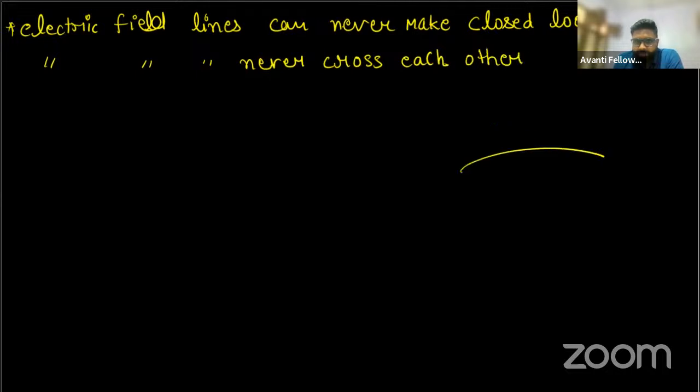क्योंकि अगर मान लिया ये दो इलेक्ट्रिक फील्ड लाइन हैं, इन्होंने क्रॉस कर लिया, तो एट द पॉइंट ऑफ क्रॉस, एट द पॉइंट ऑफ मीटिंग, we have two directions of electric field, and at the same time दो direction of force is not possible for a single charge। ठीक है, that is why they never cross each other। ठीक है ना,